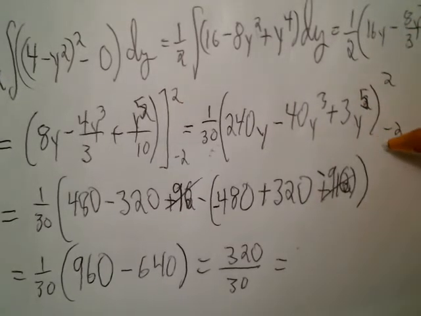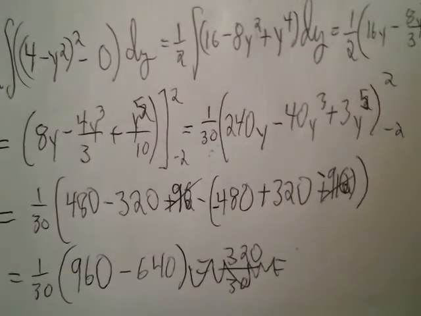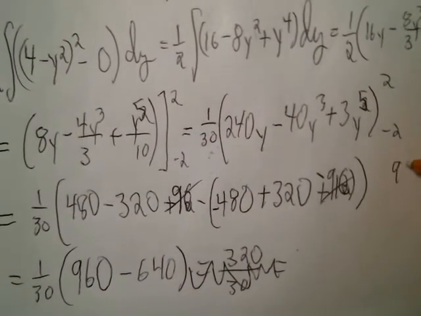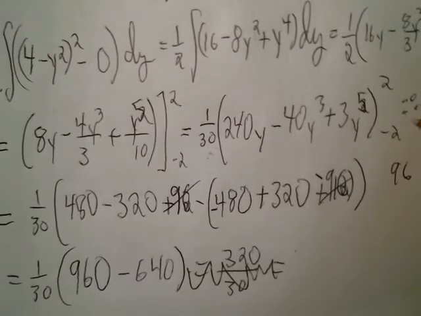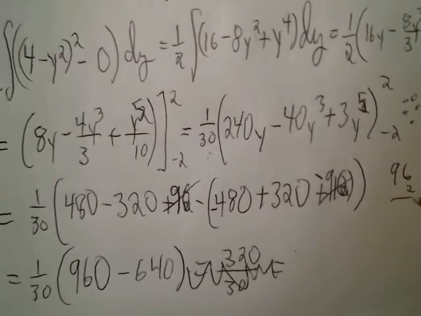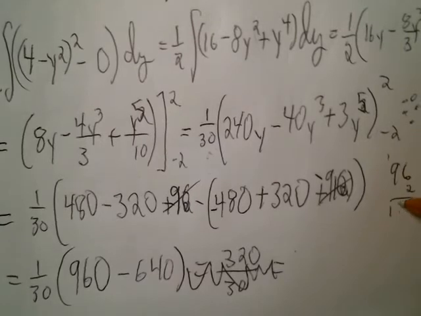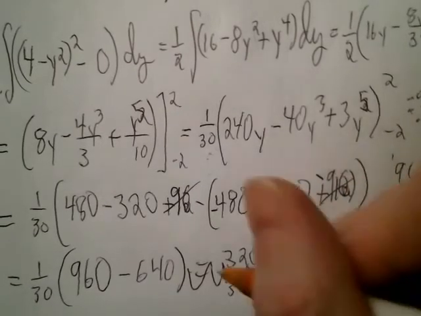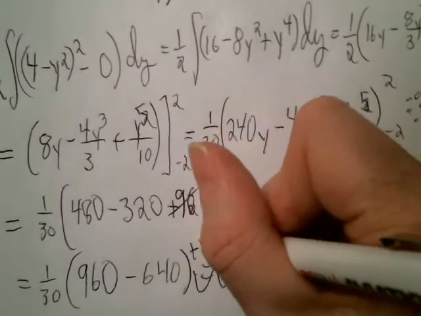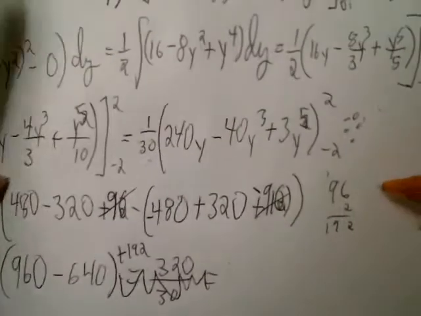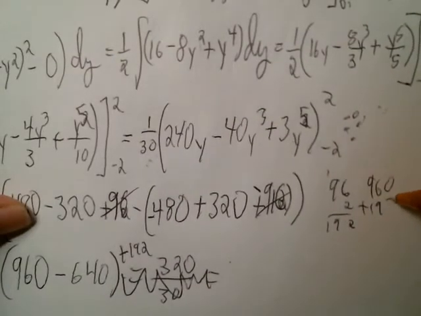Crikey. So 96 and 96. I think it was 96. I can't read my writing. So 2 to the 5th: 2 times 2 is 4, times 2 is 8, times 2 is 16, times 2 is 32, times 3 is 96, times another 2 is 192. So is that minus? No, it's plus 192. So 960 plus 192